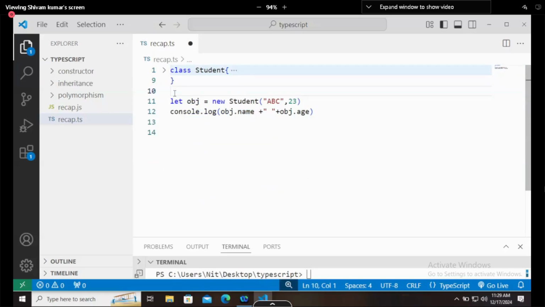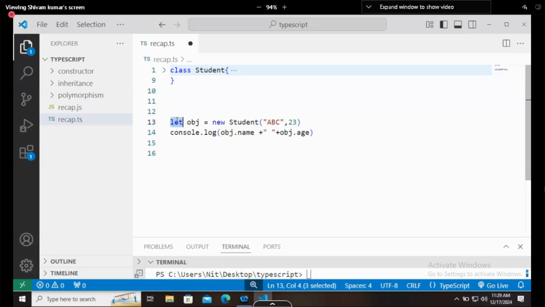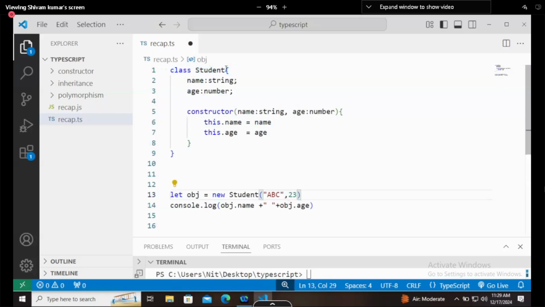Technically, you are trying to create an object of a class whose name is student, and you are providing it with two arguments. The first argument is ABC, which is a string. The second argument is 23. Now, where are these two values going? Technically, the class is not having any argument, because it's a class, it's not a function.